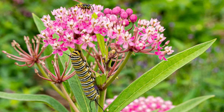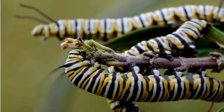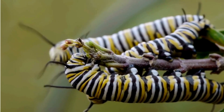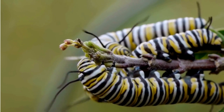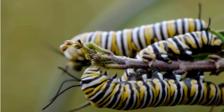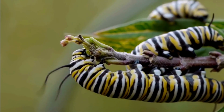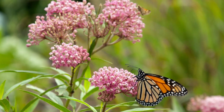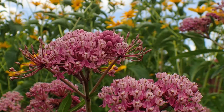And monarchs aren't the only pollinator that loves swamp milkweed. These flowers are highly attractive to a wide variety of butterflies, honeybees, many kinds of native bees, and hummingbird moths. They all commonly visit swamp milkweed flowers, and hummingbirds will also occasionally feed on the flowers. Swamp milkweed is especially important to our monarch butterflies because that is the only plant that they will use